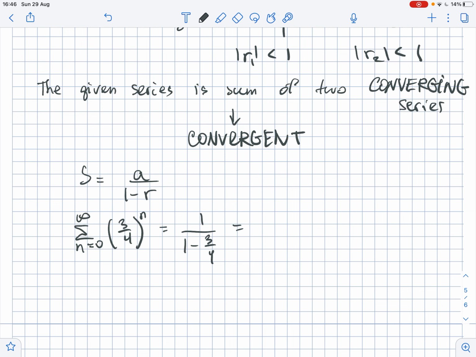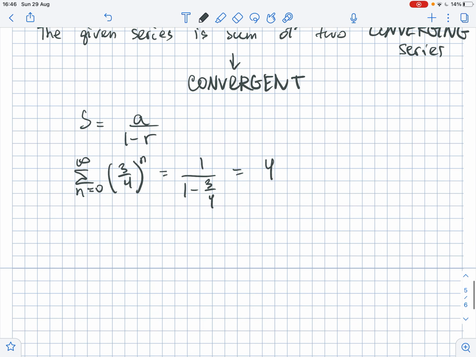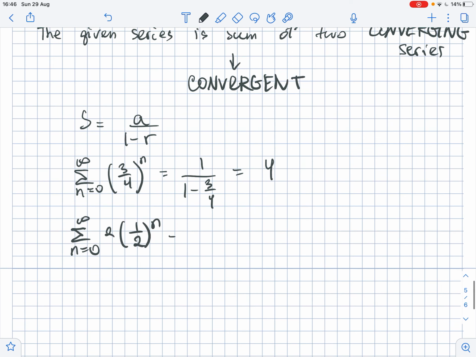So it equals 4. And the sum of the second geometric series, the sum from n equals 0 to infinity of 2 times (1 over 2) to the power of n, equals 2 over 1 over 2,